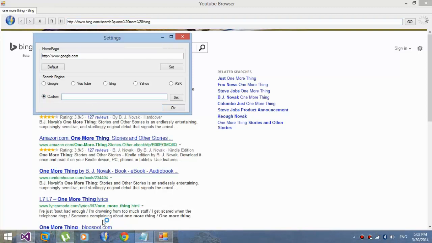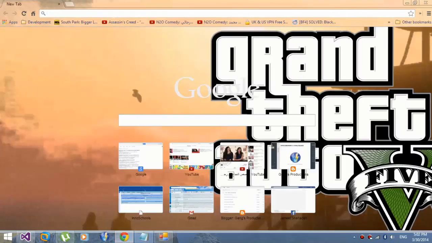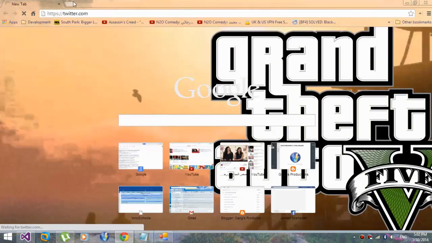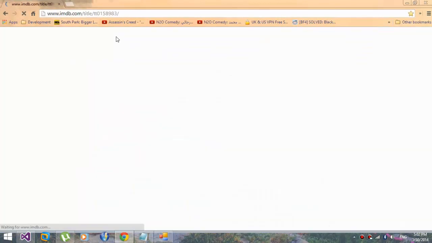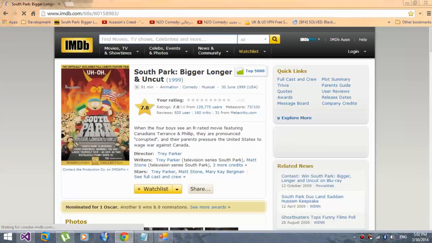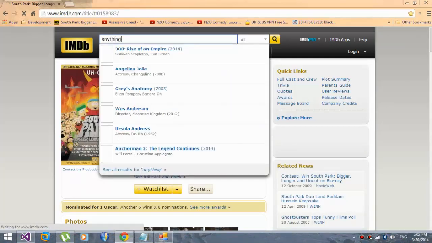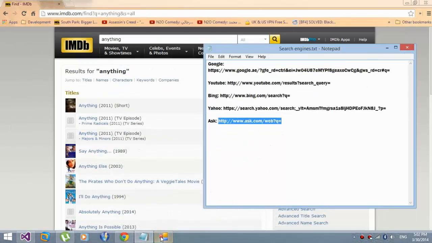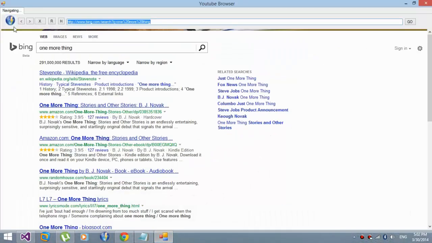Okay, let's try the custom search now. As for the custom search, I'm going to go and get, let's see, Twitter custom search. No, wait, Twitter sucks. Let's try IMDb custom search. IMDb is a website that shows you stuff about movies and anything else. Let's search for something here. Let's copy the search URL in our browser, go to the settings,